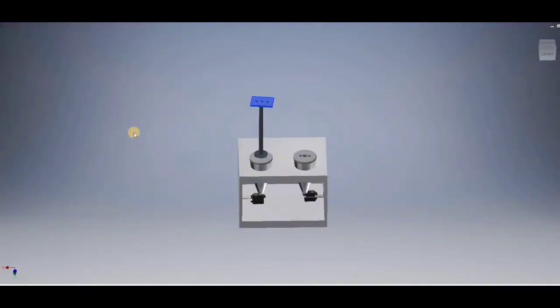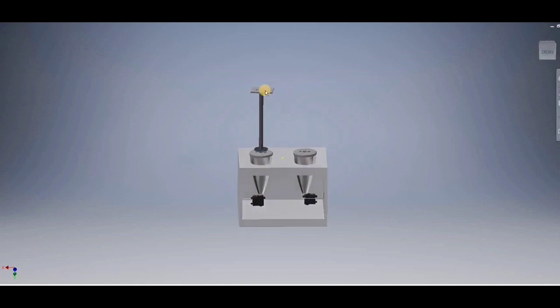It's always best to design a project on a virtual simulator before actual implementation because that will reduce your cost and the changes can be done more flexibly. You can see that this is the front view of our project, where this is the screw mechanism which goes up and down. These are the containers which hold pickle and chutney respectively.